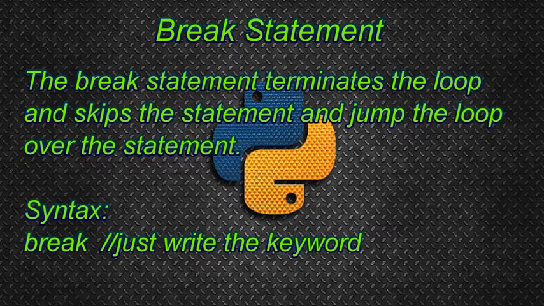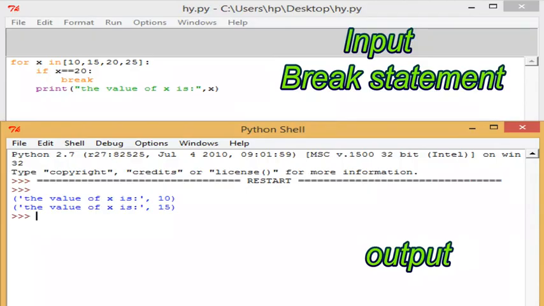The break statement terminates the loop within which it lies. It skips the rest of the statements in the loop and jumps over to the following statement. Here, the purpose of the jumping statement is that we have declared a for loop, then a variable, and then some sequence. After that we use the if expression to check whether these statements are to be evaluated, and then we give the break. Then when these statements are printed, it will stop and terminate the loop. As soon as the break statement is encountered, the program will exit.